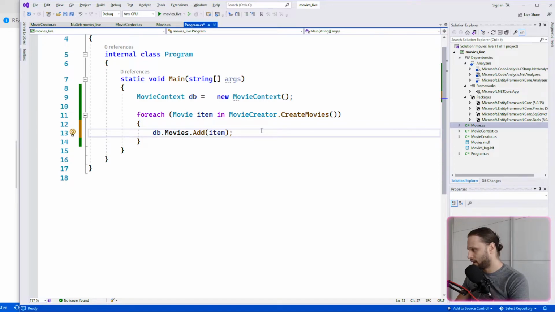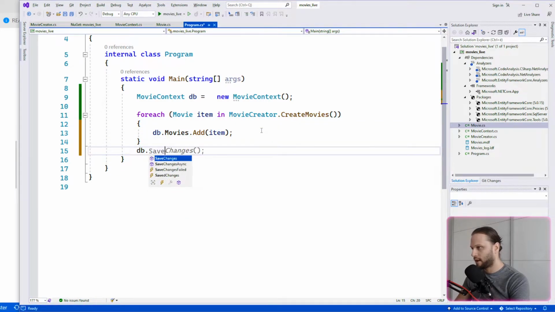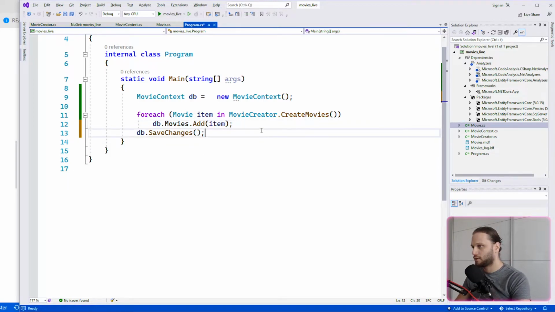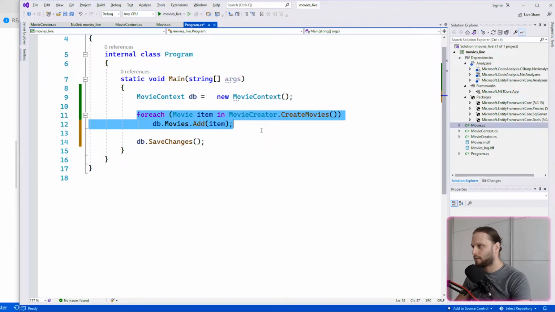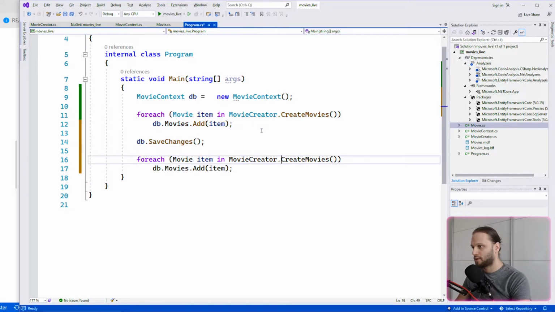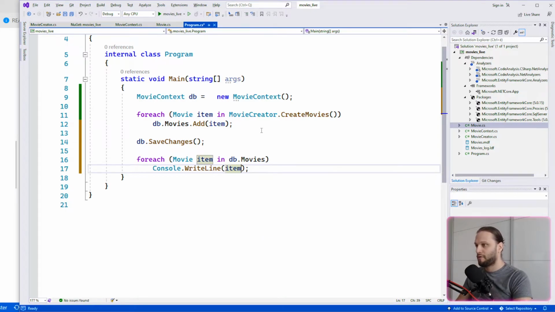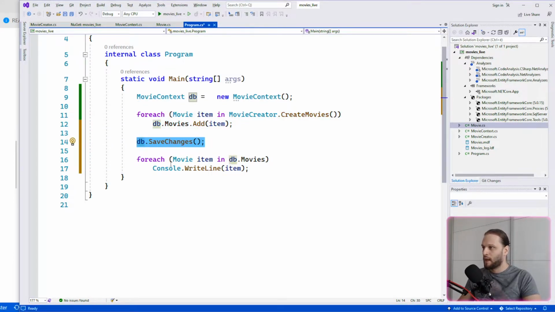And whenever I edit everything, I would like to save everything, and I make it a shorter version like this, and I would like to process everything which is inside the DB. So the db.movies, I would like to check everything, and I will write out every item. So if everything works correctly, and if everything saves to the database, and everything saves correctly,